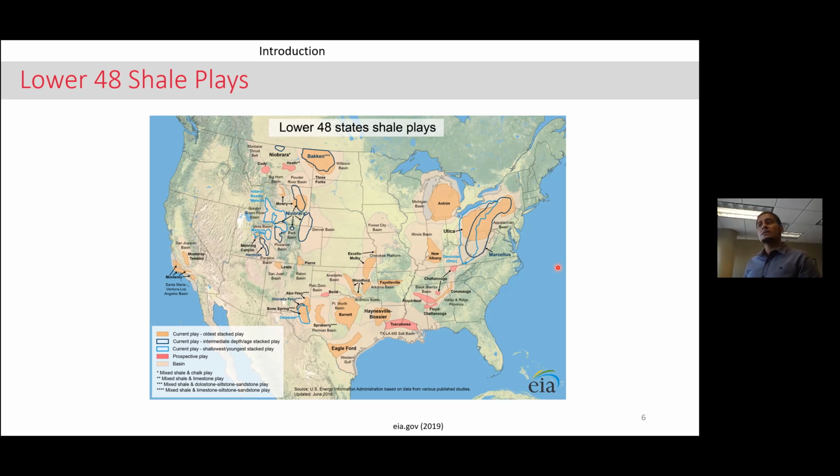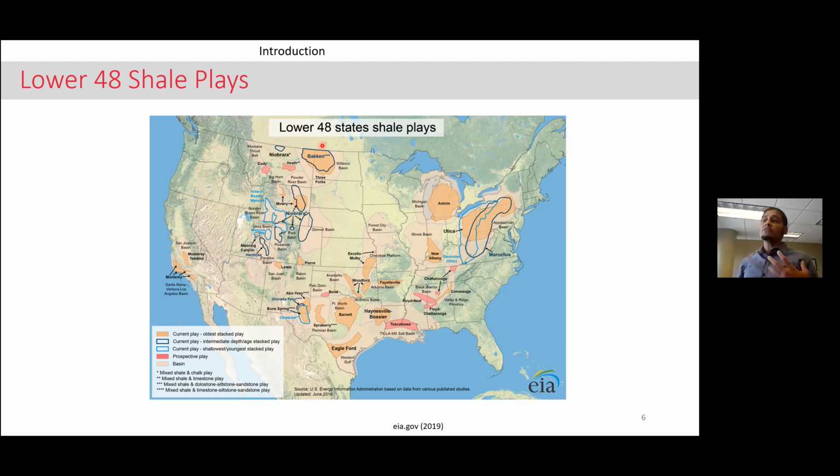We're all familiar with this map. It's the map of the US, and some of you who work in the unconventionals have perhaps heard of names like the Barnett Shale. You've perhaps heard of the Marcellus Shale up over here. Right now, something that's extremely hot is the Permian, which is down over here in West Texas and eastern New Mexico. Then, of course, we have the Bakken, which is in North Dakota and Wyoming, and then adjoining Canada. So, extremely prolific shale oil and gas plays.